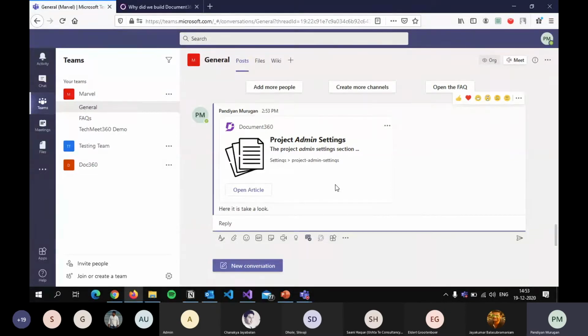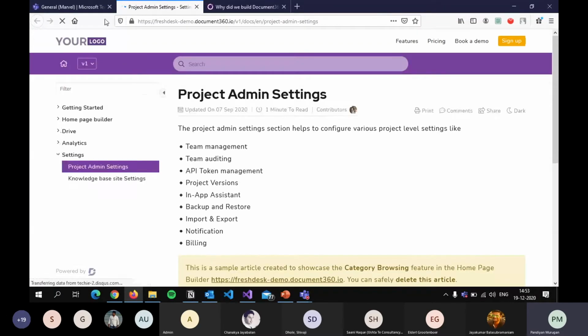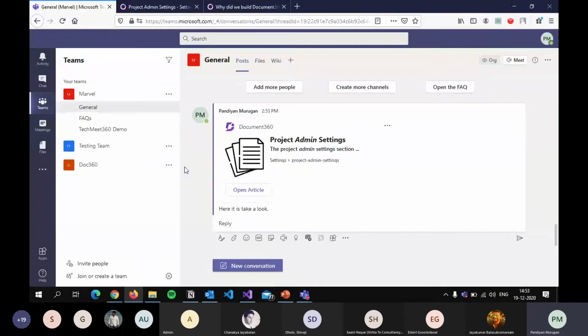So in today's session, I'm just going to show what a message extension is, how we can build it with the help of Microsoft Teams documentation, what procedure we need to follow when we deploy the services, and how we can submit for a review. So let's get started. For that, I'm going to show the official documentation here.